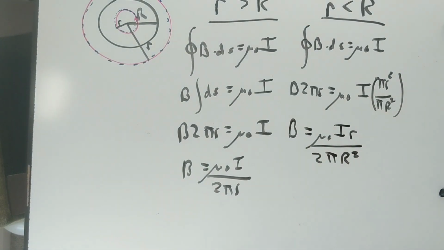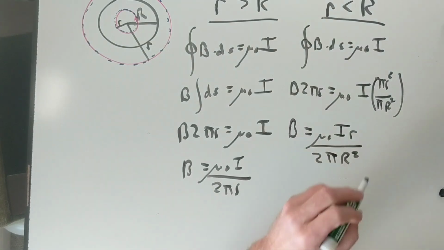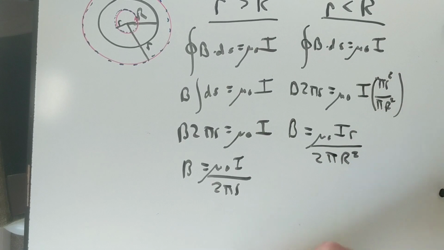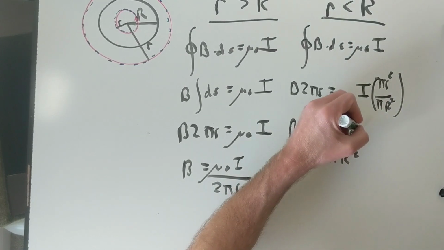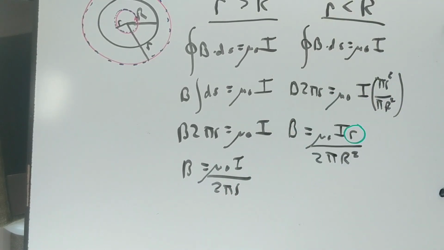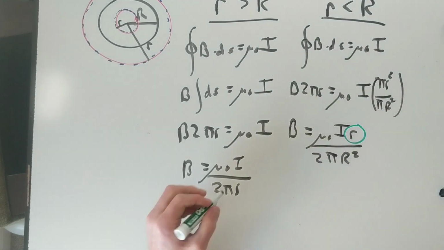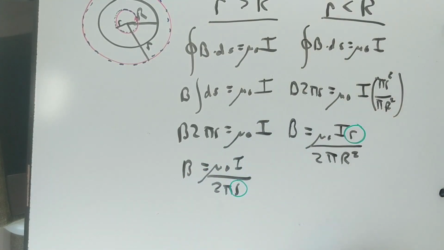Now, this should be familiar again. As a matter of fact, on the AP test, it's so familiar that they have to do some questions with graphs to make sure you understand what's going on. But notice that what's happening here is on the inside of the wire, as I go further and further out, I get more and more magnetic field because this is proportional to r. So at 0 radius, I have no magnetic field. And then, once I get outside, it's proportional to 1 over r, with a nice point where it does match up. So if we look at our graph